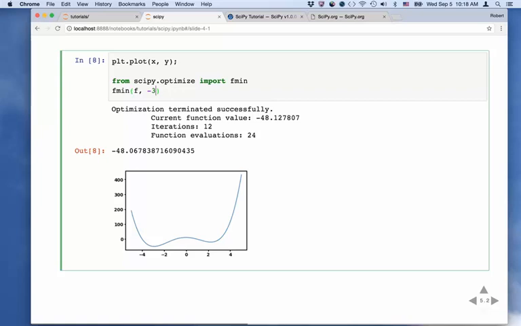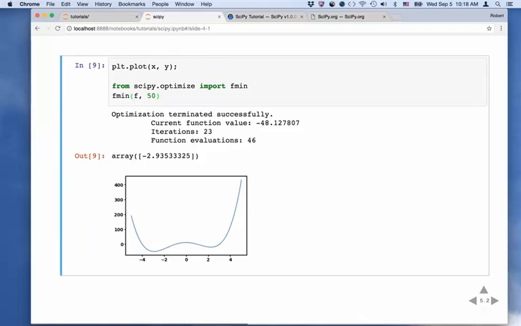You might ask, how critical is this value here? Well, we can try different values. We can try 50, for example. And we run that, and boom, we still get the same answer. So there's a lot you can do. You try -50, and you get the same answer. So it's not super critical on getting this, but there is